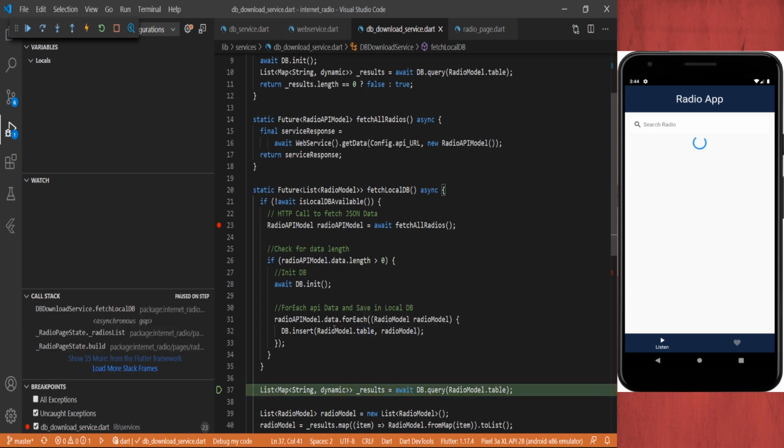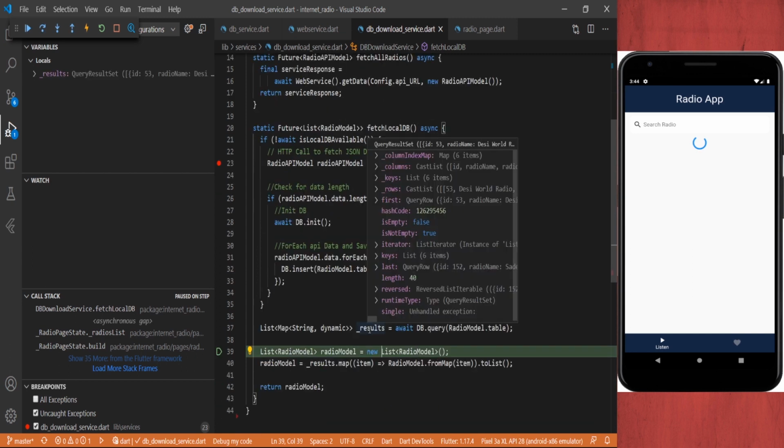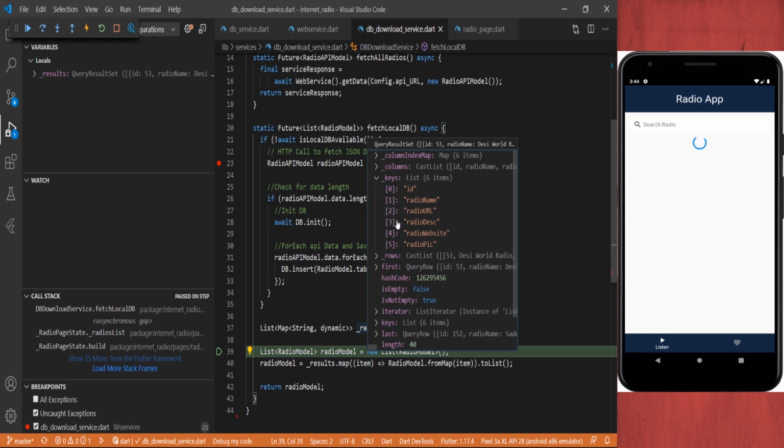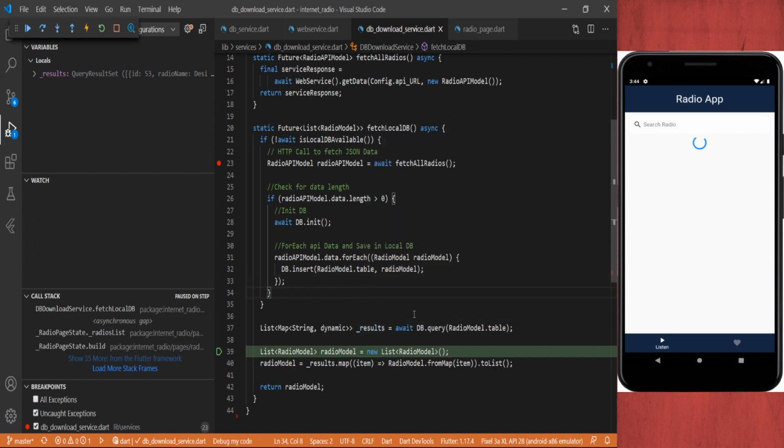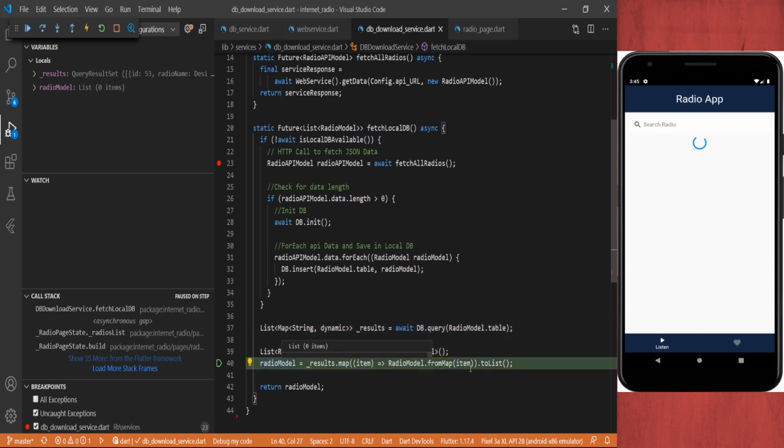Once that for each is done, we query the database and get all the data from it. Now the data has been filled in our local database. Now we are doing the mapping part over here.